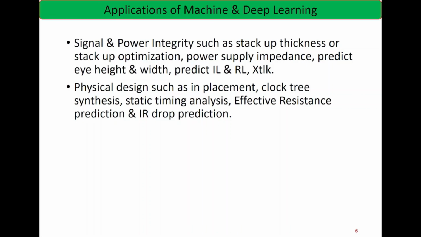We can use machine learning to predict all of this. In the placement stage we have to place all the standard cells or macros at the proper location. Based on the optimized location, we can use machine learning. Or even how the clock synthesis is, like fan out, setup time, hold time, timing analysis we can do. And to predict EMIR, IR drop prediction, all these things can be done with the help of machine learning or